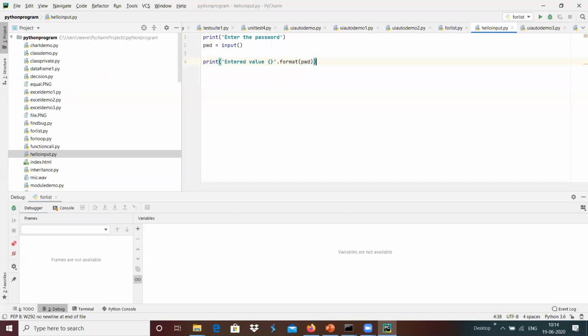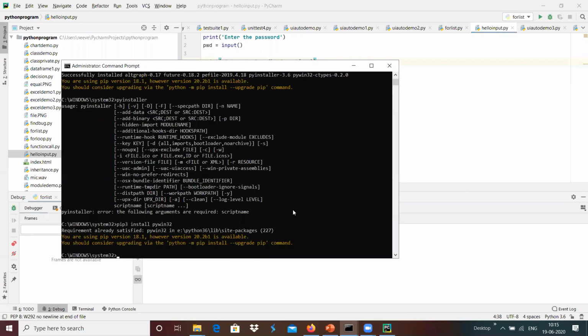This is the file that we are going to use, hello input.py, and in order to use PyInstaller, we need to install it using pip3.